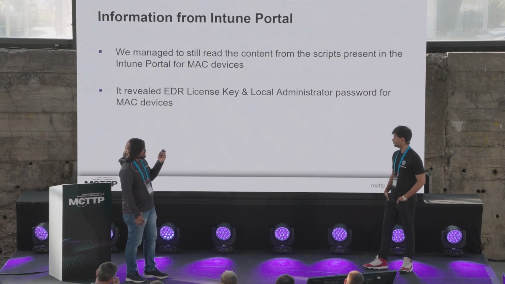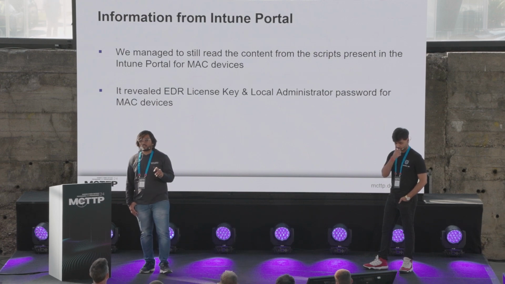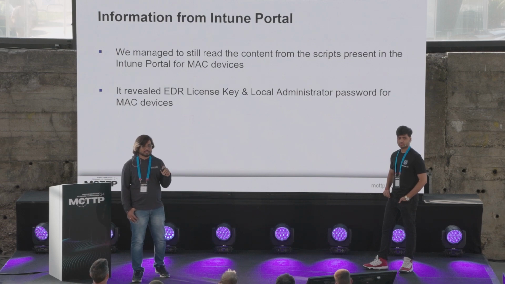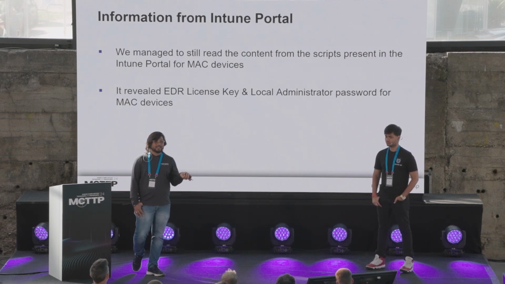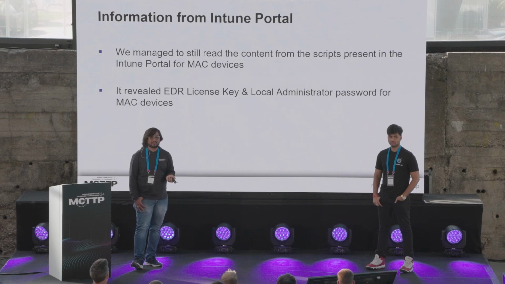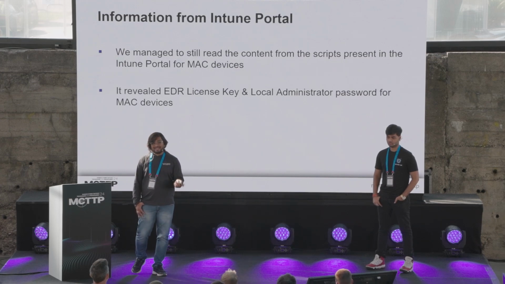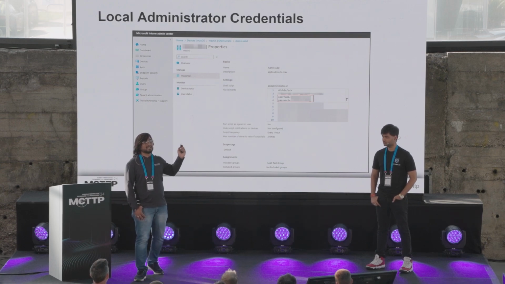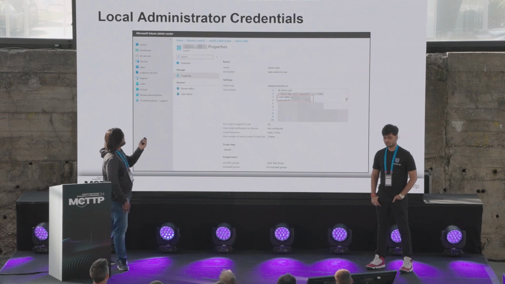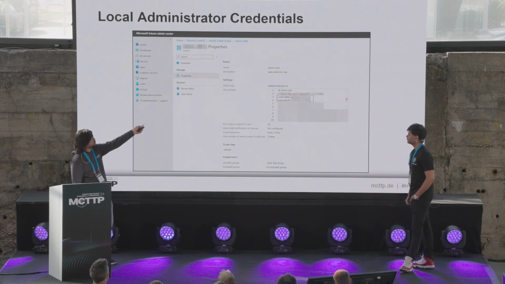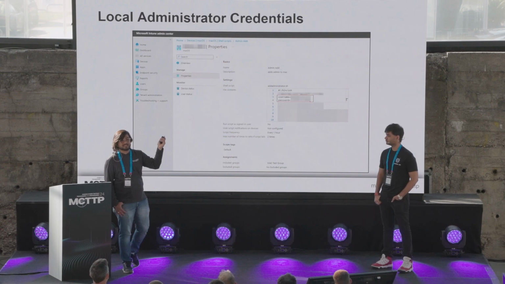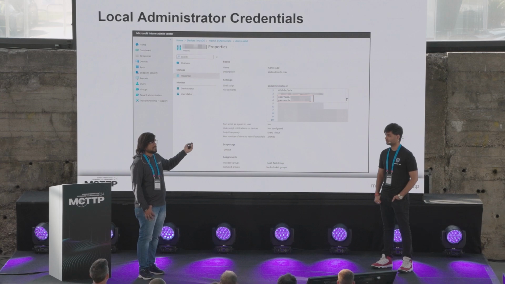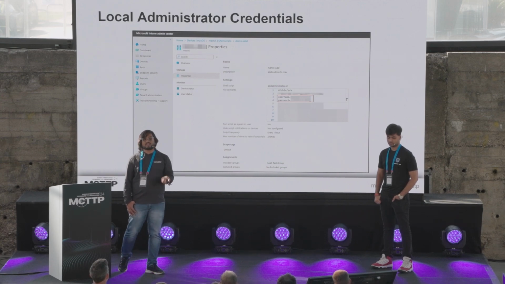But again, if you have access as a reader user on the client tenant, by default, you can also access the Intune portal. Now, the best part here is, in the Intune portal, if you are using Mac devices, Linux devices and so on, any scripts that you use to automate your tasks on those devices can be viewed in clear text. Here you can see one of the scripts which was used to add a local administrator on the Mac devices. And we managed to get the admin credentials of all those devices because the credentials present here were in clear text.